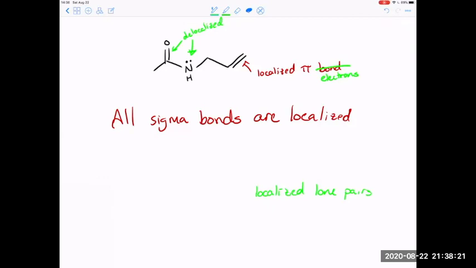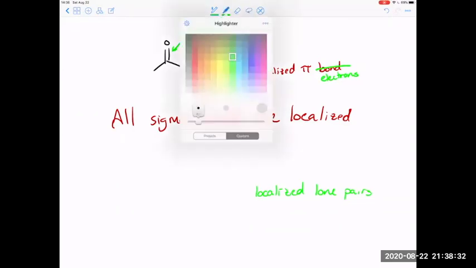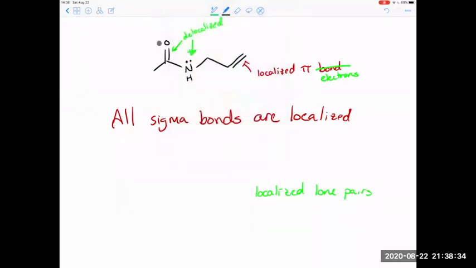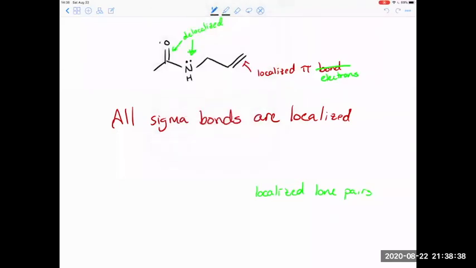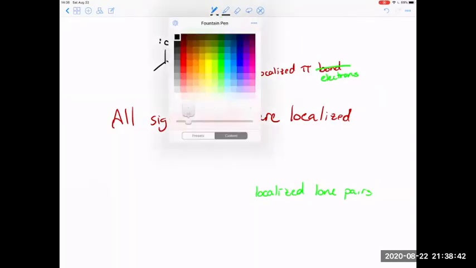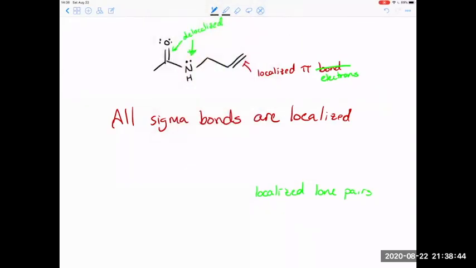So to answer the question that wasn't asked, that you said you would have asked, the two lone pairs on the oxygen that are generally always there, would they be considered localized? They would, yep. So you're absolutely right. Here, if we were going to do the full litany of what I could ask you about this molecule, I could ask you about the number of